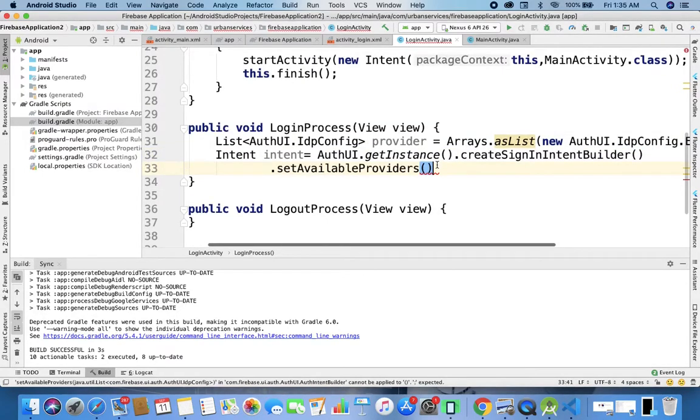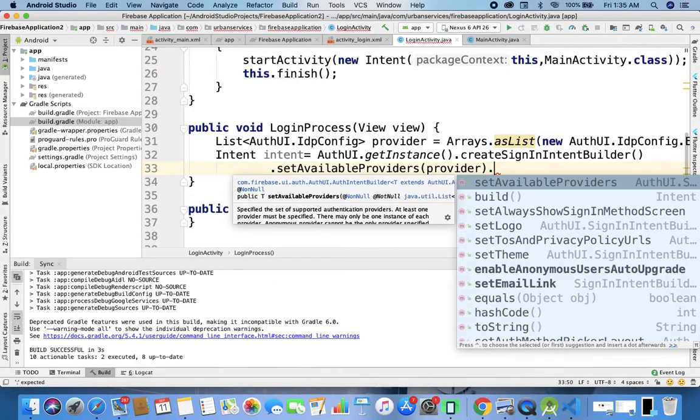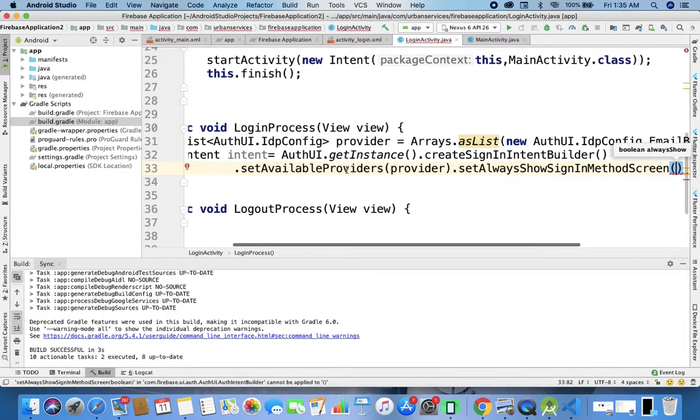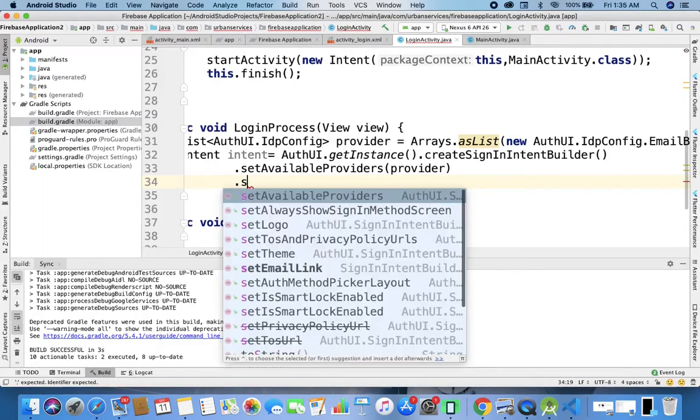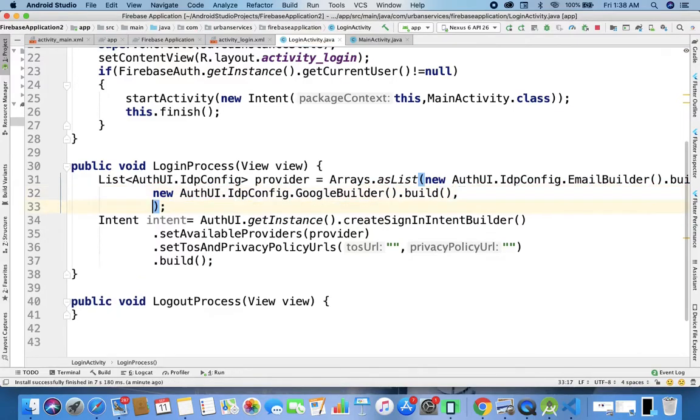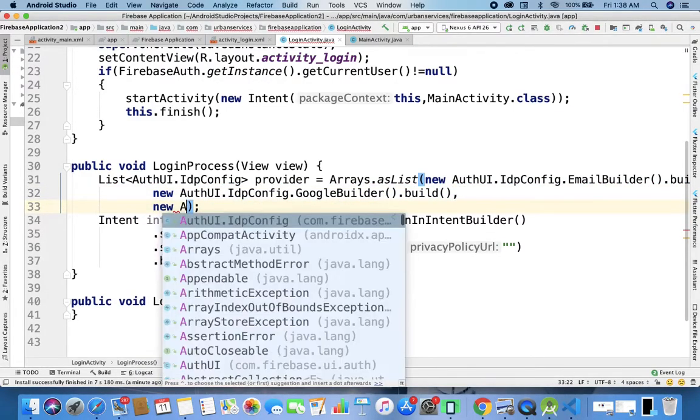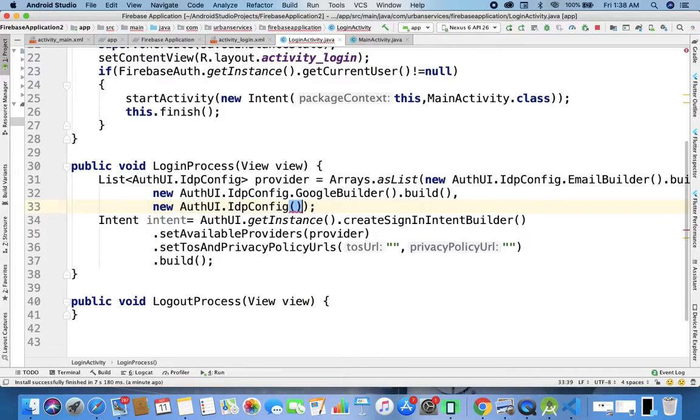Okay, so here provider, and then dot setAlwaysShowSignInMethod, which means all the time you will find that these methods will be shown, three methods. Right now I have only taken the email builder, and I want to make all the builders in one place. So build, comma, new AuthUI.IdpConfig.GoogleBuilder.build, comma,